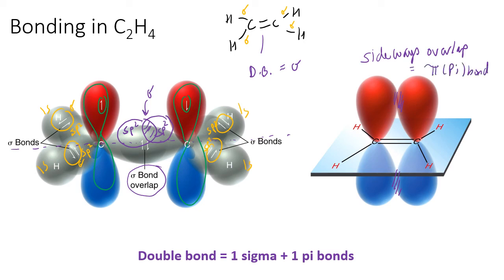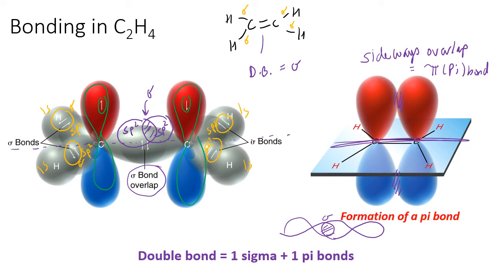And the only way that you can form pi bonds is by having unhybridized p orbitals overlapping. So you're never going to form a pi bond from direct overlap, and spheres like s orbitals always are going to overlap directly. They can never overlap in 2 locations because they don't have a node. P orbitals, remember, have a node running right through the middle of them, so they can overlap sideways. P orbitals also can overlap directly when they overlap like this. That would be an example of a sigma bond being formed from p orbitals overlapping, but the only way that